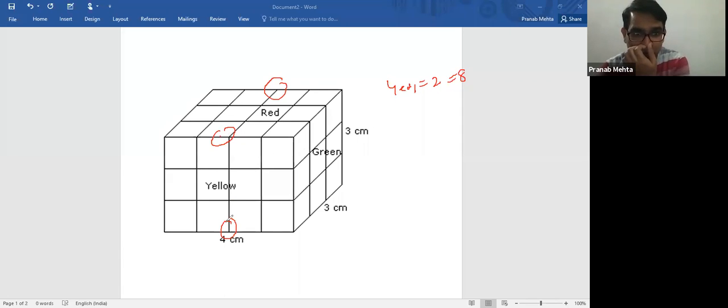Understood? Look here. 1, 2, 3, 4, 5, 6, another 2 which we are not able to see. So these 4 edges are going to give me 2 cubes each. So total 8 cubes will be there. Now, this edge has got only one. I can pull only this cube, which has got two face painted.